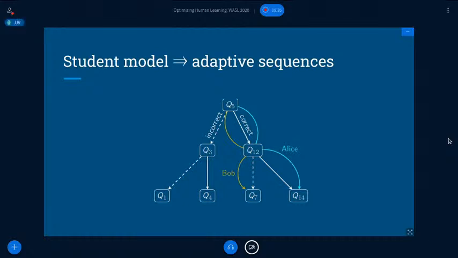So that's why, like here, both Alice and Bob would get the first question correct, and so they will be routed to question 12, which is a harder question. And then Alice will get it correct while Bob will not get it correct. So that's how the difficulty of the test might change over time. So if you have a student model of what is happening, like how the student is learning or forgetting, then you can decide how to present items to students.